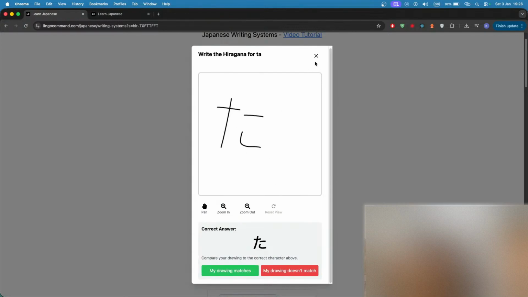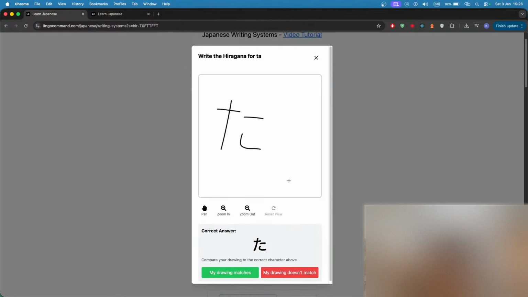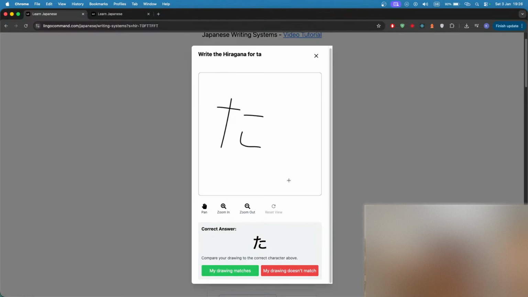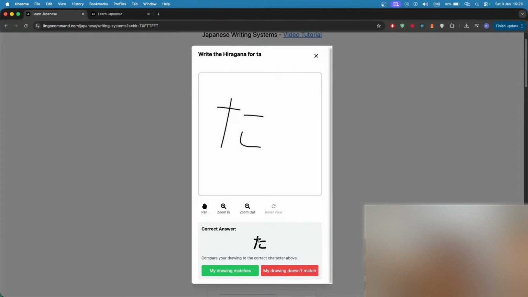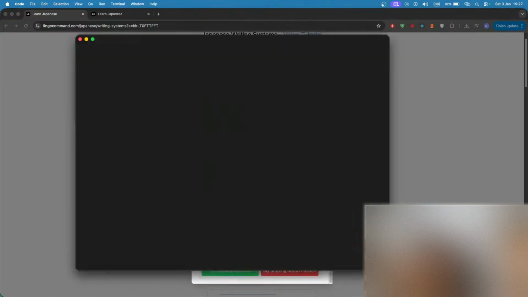This is obviously not as good of a drawing. So what we could do is, I think what you'd really want is you'd want to show the stroke order diagram here as well, wouldn't you? And so, please excuse the brief intermission, but if I open Visual Studio Code